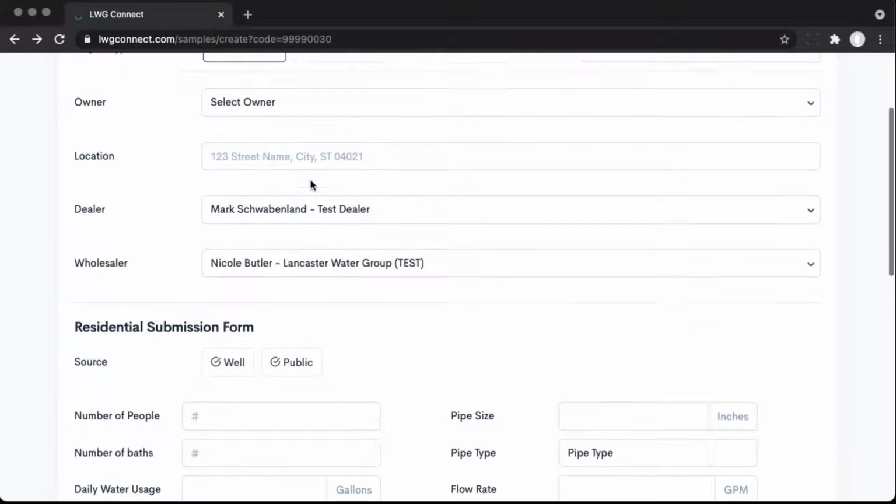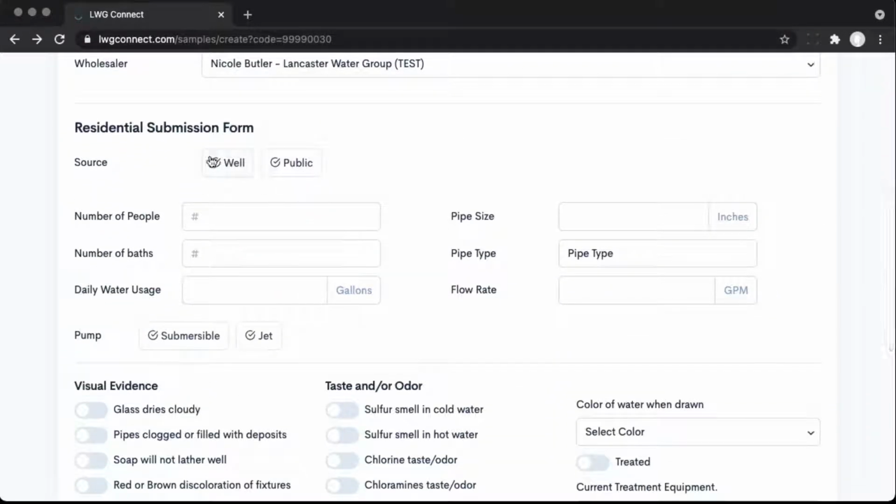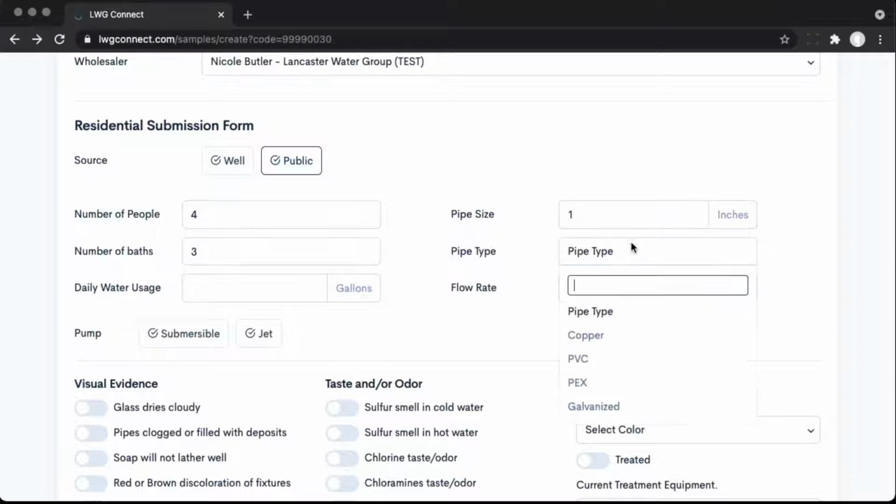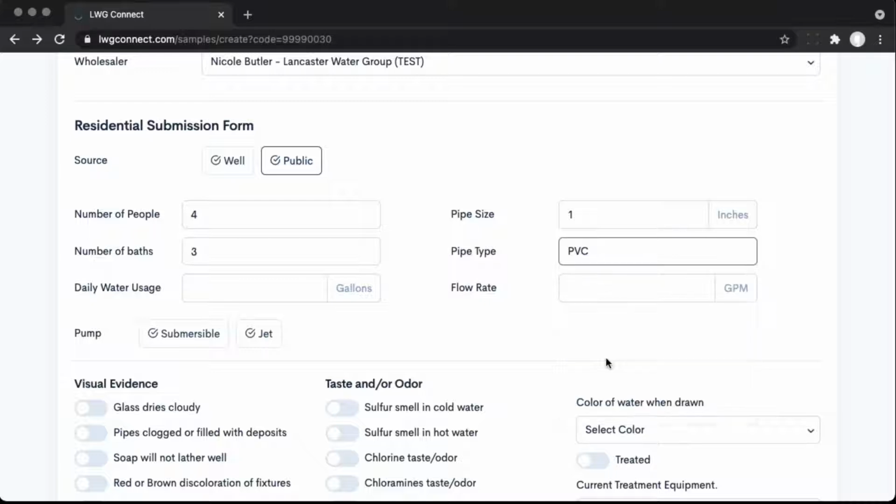The first one is residential. If you choose residential and you scroll down, you'll have a set of options that are specific to residential properties. You can choose well or public as the source, the number of people that occupy the home, the number of baths, the pipe size, the pipe type, copper, PVC, PEX, or galvanized, the flow rate,